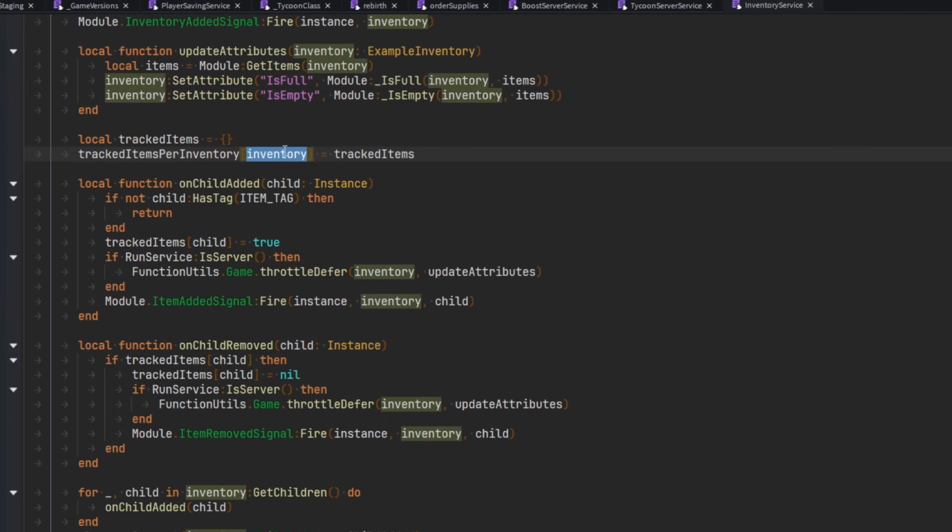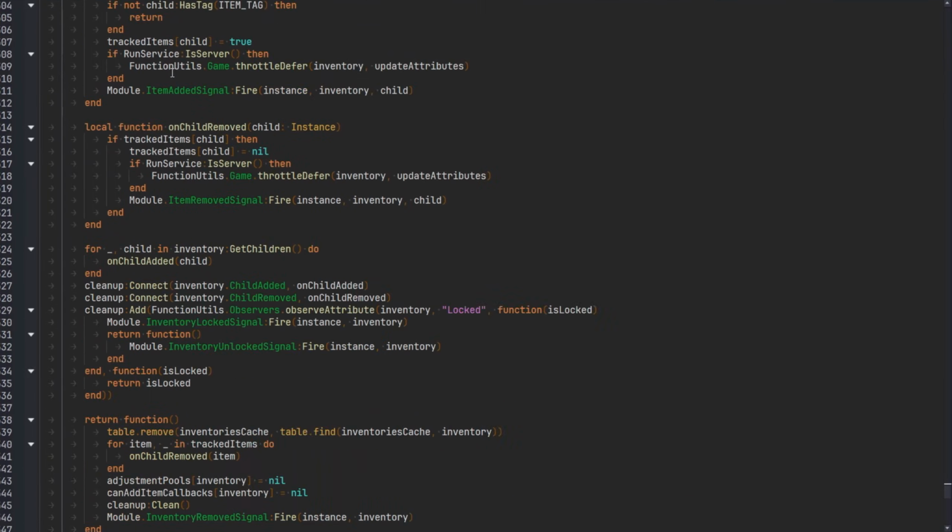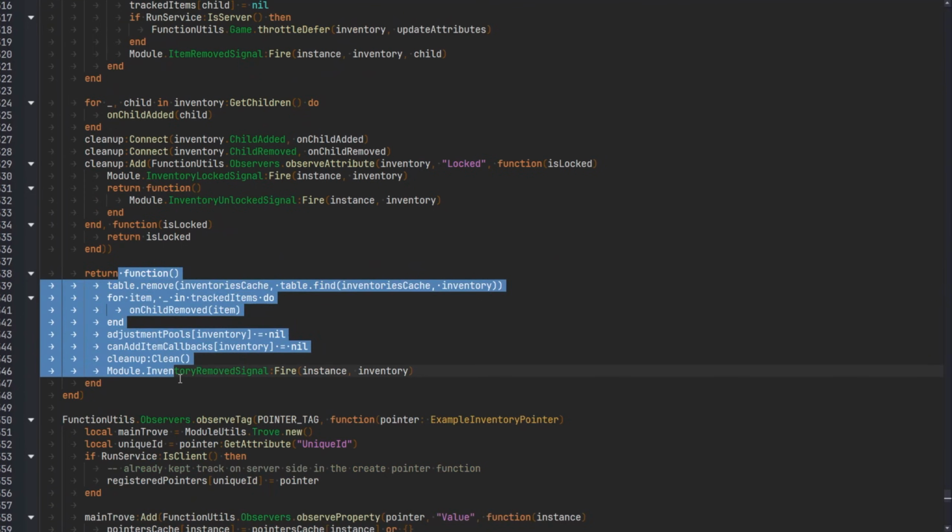Because this inventory is acting as a key in the table, I don't clean it up. Now I'm just piling up inventory instances inside of this table and they don't get cleaned. That's a memory leak. So what I should do is all the way down here in this cleanup function, after